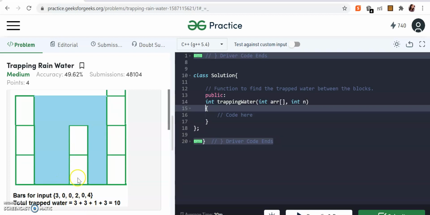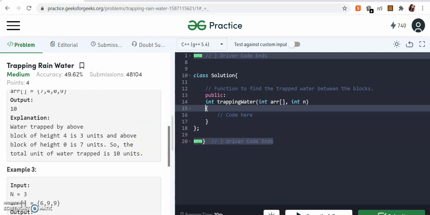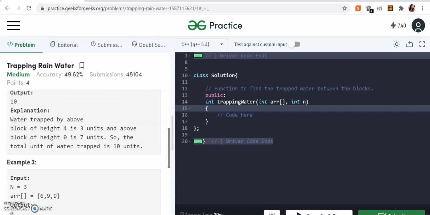Now when you are at position 2, what is the maximum that you can get on the left? That is 3. What is the maximum you can get on the right? That is 4. Now you can subtract 2 from the minimum, so 3 minus 2 will be 1. So that is 1. Similarly, for 0, it will follow the same fashion. So this works out. Now let's just quickly code it.